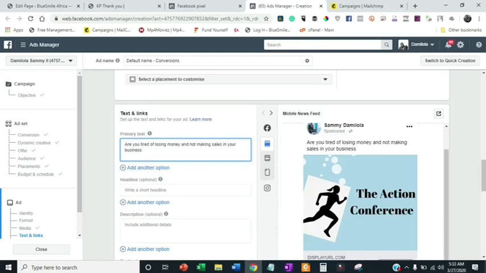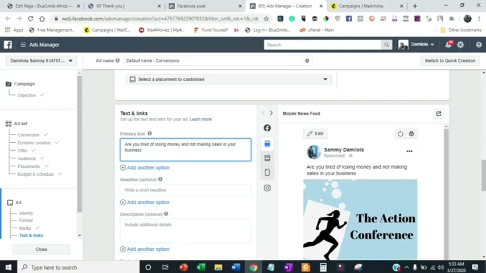The picture has loaded. Okay, so you can either place a long text here or a short text, depending on what you're looking for. Depending on your hard copy, you can either place a long text or a short text here. So you see, this is where it is gonna happen. The name of the page where I'm running the ad from is what is displaying at the top here, where you have Sammy Damilola. I'm running it from a page. Okay, so you could put it, then this, then